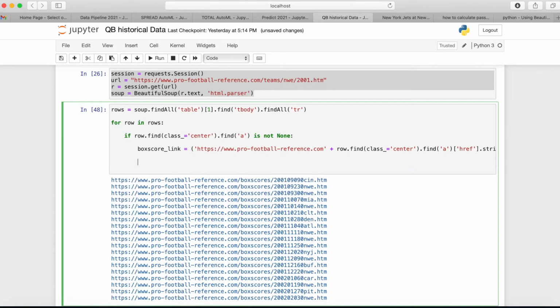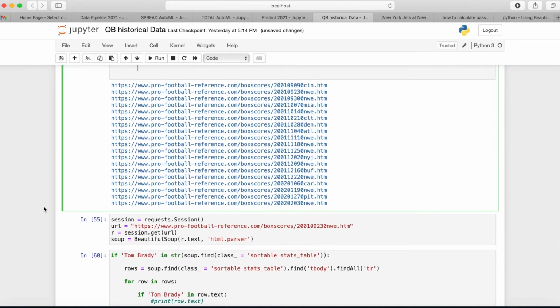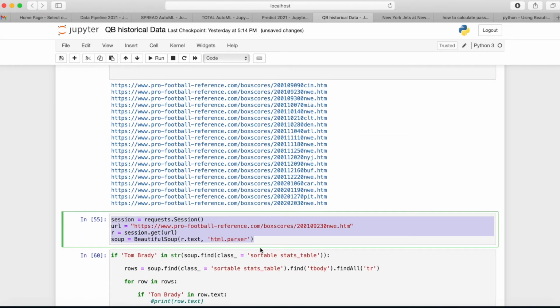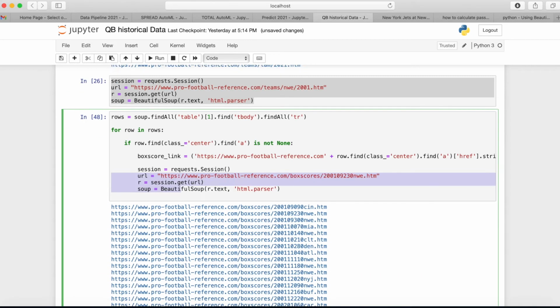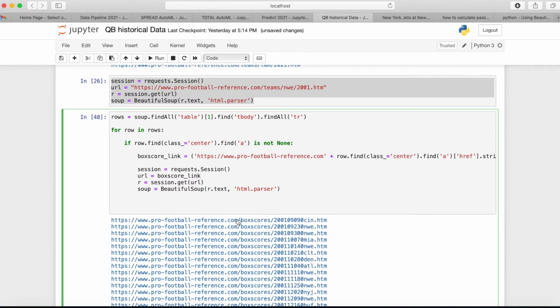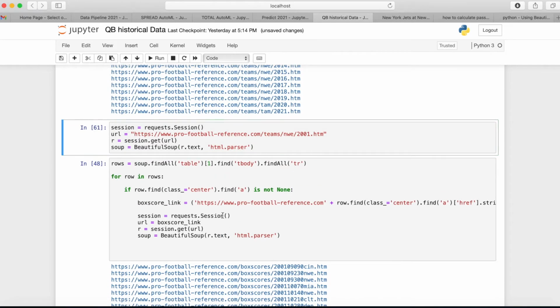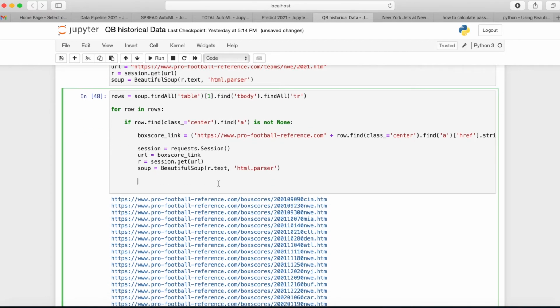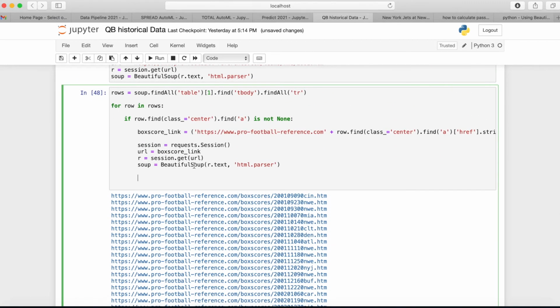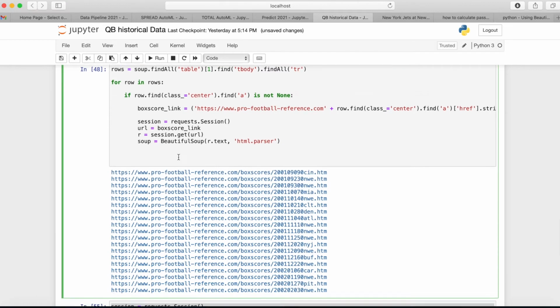And we're also going to grab all these guys, paste them in, and now the URL, instead of this URL every time, we're going to say that's the box score link. Okay, so now it's going to iterate through these guys, and I'll run this to change the soup function. And so now it's going to use this to grab every single one of these links, go to it,